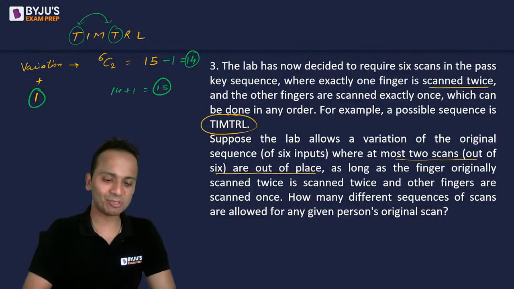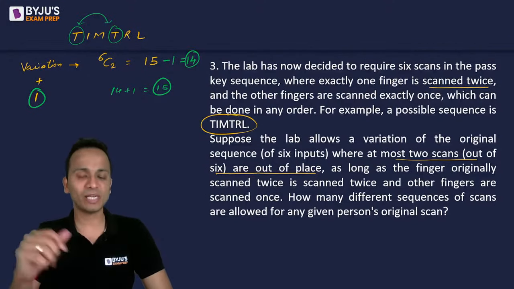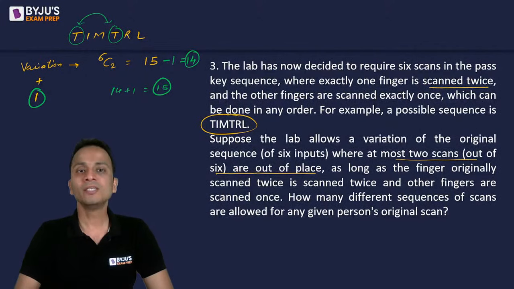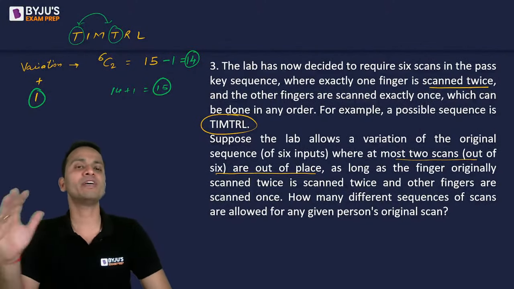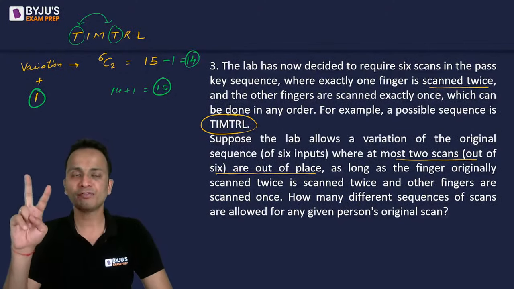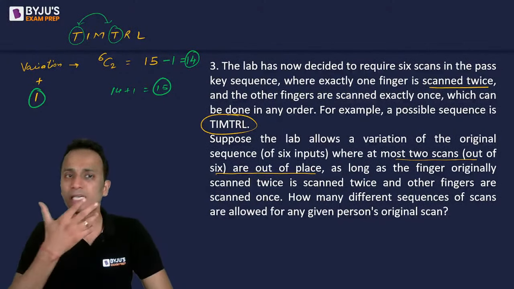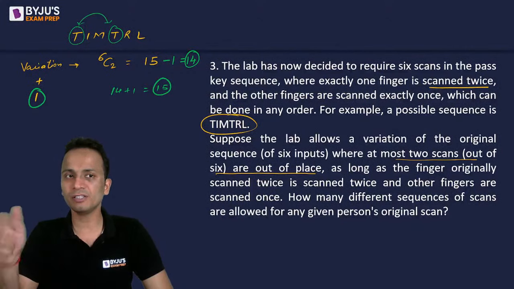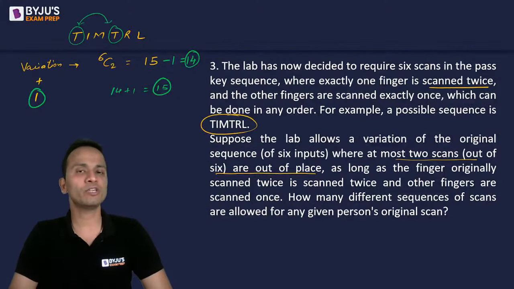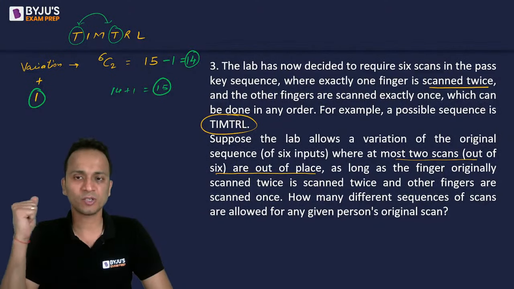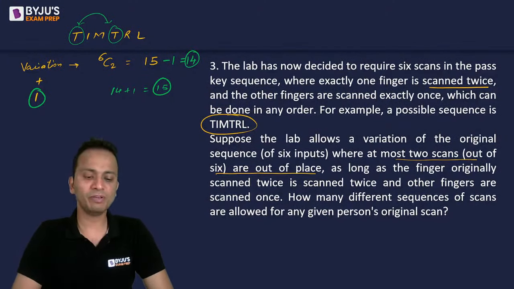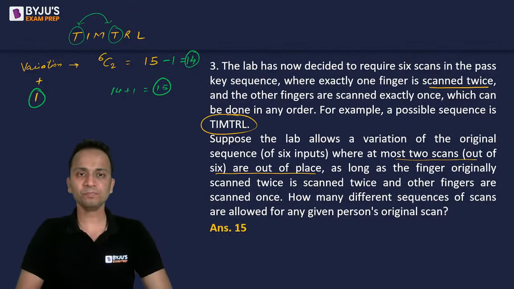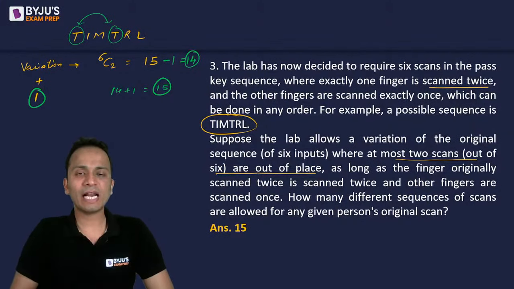So Sonali, you are absolutely correct. Kushagra, maybe you did not subtract 1. Okay, so you directly did 15 plus 1, but you had to do 15 minus 1 and then add one, because obviously T and T are the same fingers, so if I interchange them, it will not give me any new sequence. Okay, so that is why this is removed. So the final answer will be 15 for this question. All right. Okay. So that was set number 1 for today's lecture.